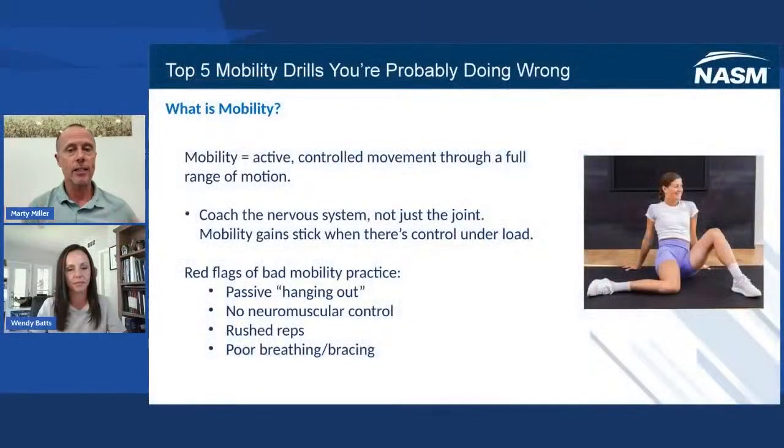these positions. As you'll see in the picture here, she's working on hip internal rotation. You can tell she's kind of hanging out. She's not sitting towards 90 degrees. If she could, she does have good 90-degree rotation, or 45 degrees internal rotation, I would say, on that right leg. But you can see that it's not an actively controlled position. You're not forcing the repetitions. You're not rushing them. And then, of course, you have to have core stability and proper breathing and bracing techniques